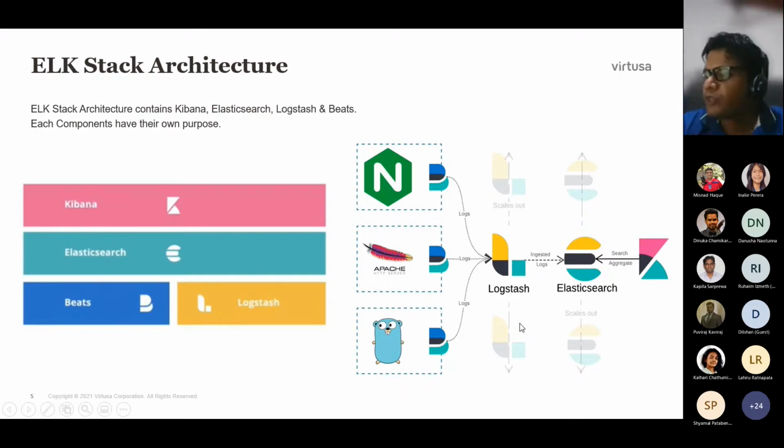So this is the simple architecture. Assume that I have an Apache web server, or Traefik, the component that we use as a front end to distribute the traffic here and there. This is vastly used if you are using the Docker stack. These logs are getting pushed by what we call a Beat. From the Beats, they are pushed into Logstash.